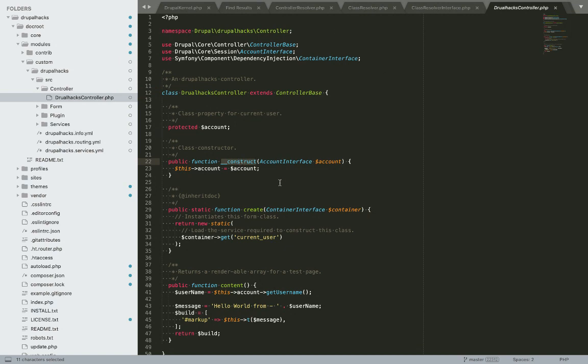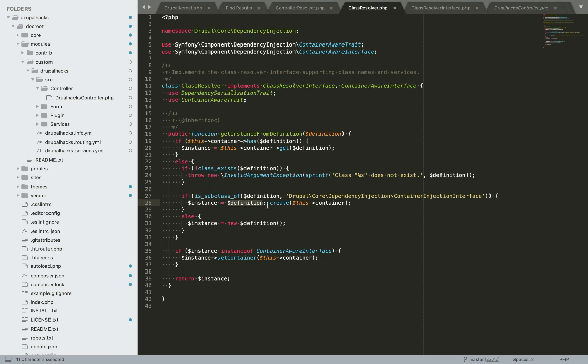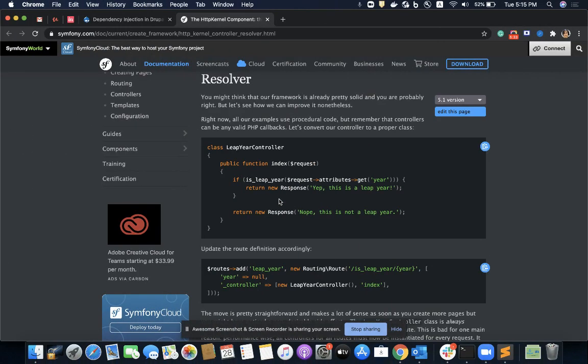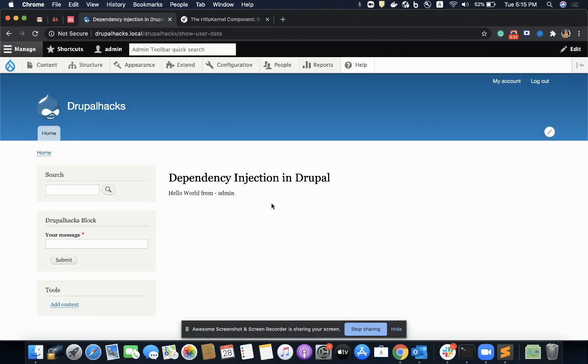That is why, whenever we are implementing dependency injection to inject the dependencies needed by the controller or the class, we must write the create function, because we are injecting through the container injection interface, and from there this create function is being called. So this is it. Thank you.